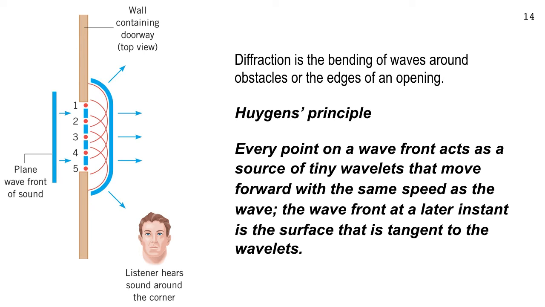And this first semicircle is going out from number 1. The second semicircle you see here is going out from number 2, from number 3, 4, and 5. And they use 5 wavelet sources. Really, they're infinitesimally small, so you can't really measure them, or count them. But it's okay to use them in this way because they are symmetric above the center and below it. And you can see the plane wave front. Okay, here it is. And this is for sound waves. It's in chapter 29, or chapter 27, but it applies to light waves as well.